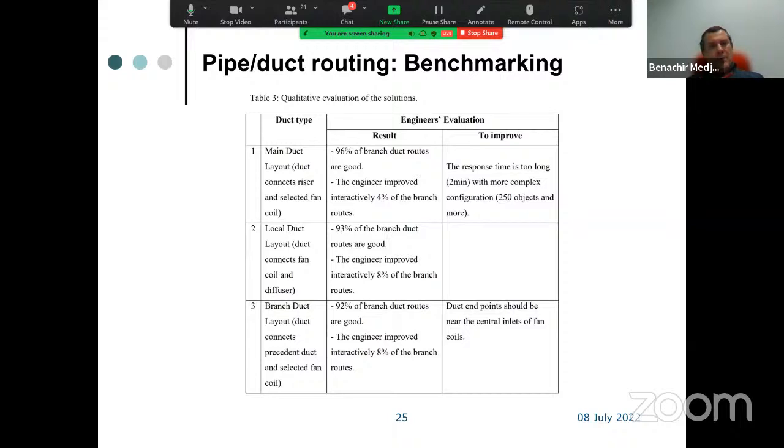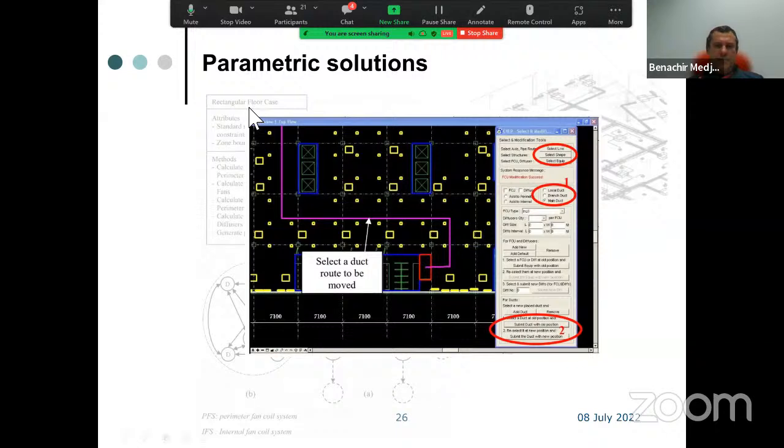Then from that, we decided to provide to the engineer an automated solution as we did, but a parametric one. Which means that, for example, this is a nice example of a pipe which meets all the criteria technically, but the engineer wants it in the middle, okay, between here.